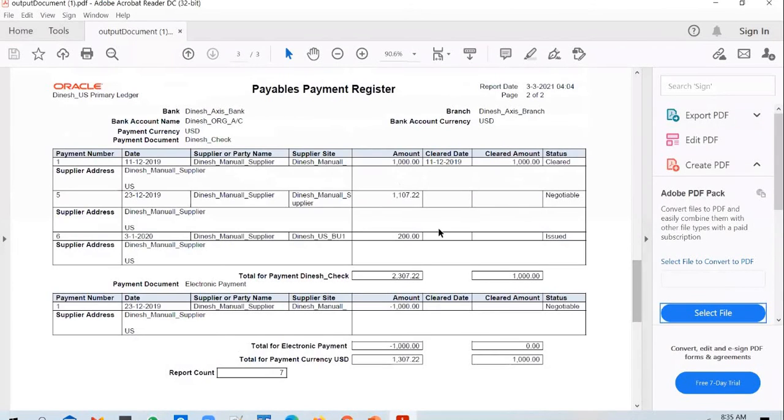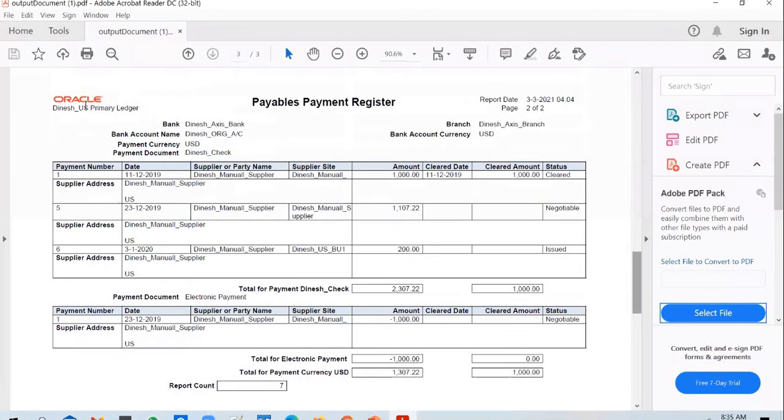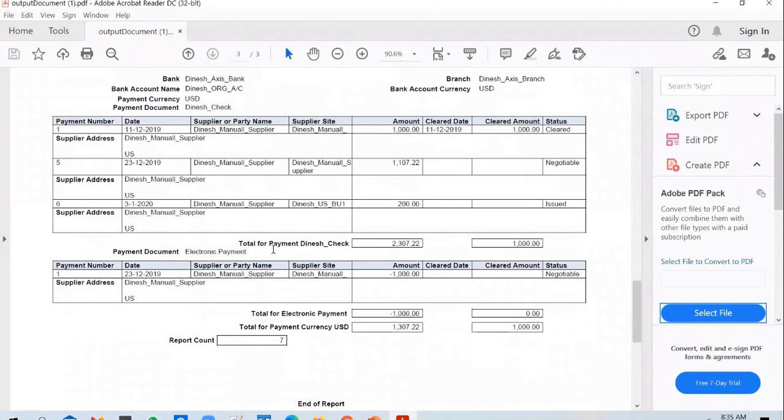So say, for example, they might ask you to change something in the report layout. Like say, for example, they might want you to upload their own logo there instead of the Oracle logo. And say, for example, in the fields that are printed, they might want you to take out one of the fields, which might probably not be required for that particular client. So certain layout changes might be requested by the client. And when the client asks you to change something in a seeded report, how do you proceed?